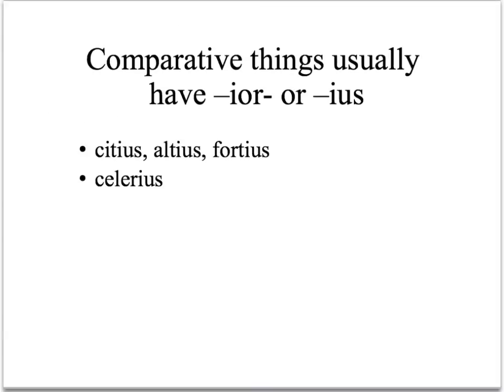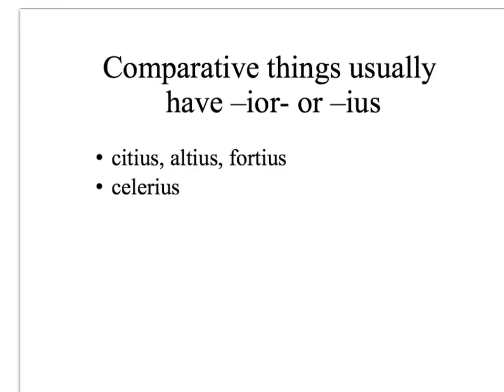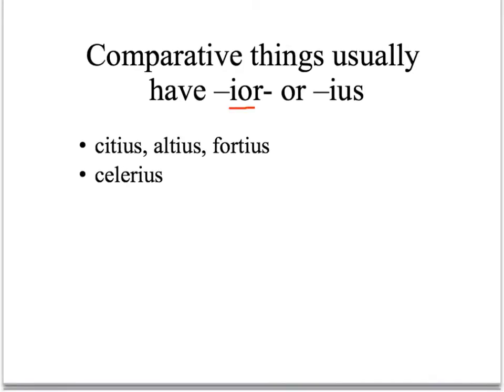You will usually recognize comparative things because they have ior or ius in them. For example, the motto of the Olympics, Citius, Altius, Fortius. We know this is comparative because it has the ius, and it means swifter, higher, stronger. Notice we're always translating comparatives in English with another word. Celerius, again we have the ius, that means faster or quicker. An example of a comparative with ior would be pulchrior